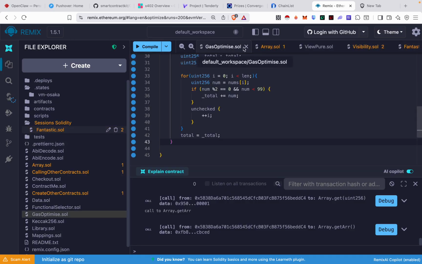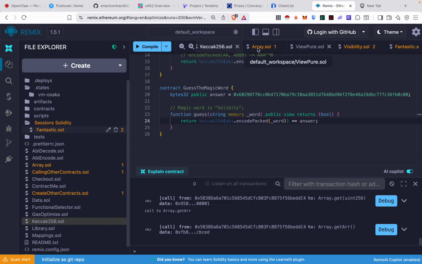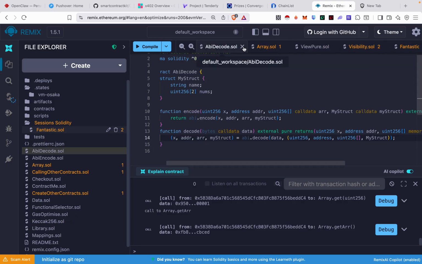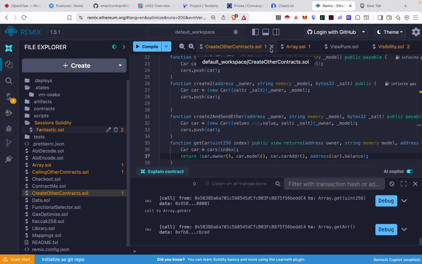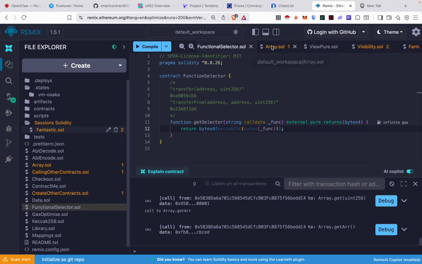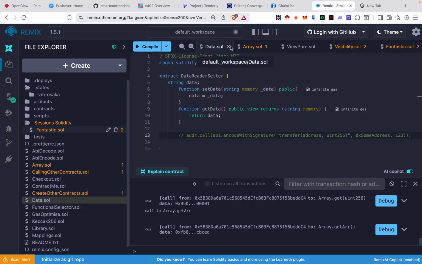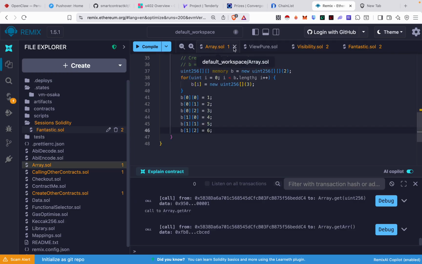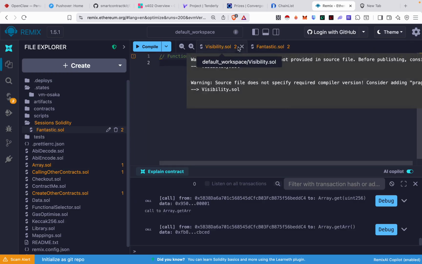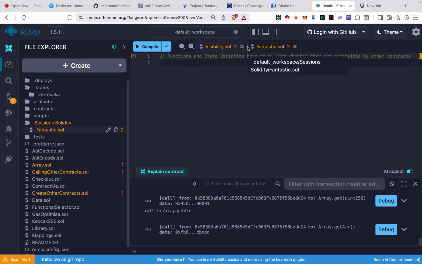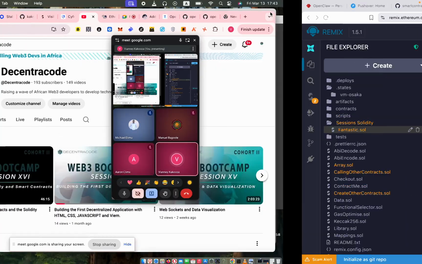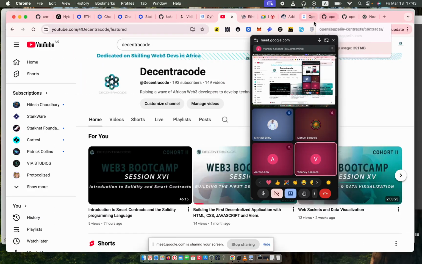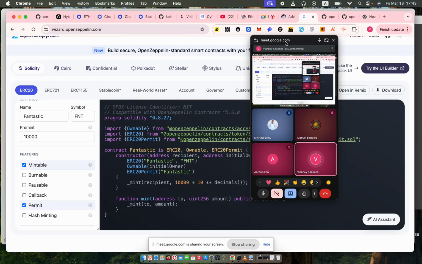So let me really have a lot of Solidity files. Oh, these are many. Okay, so we have fantastic.sol, and with this we can copy our code